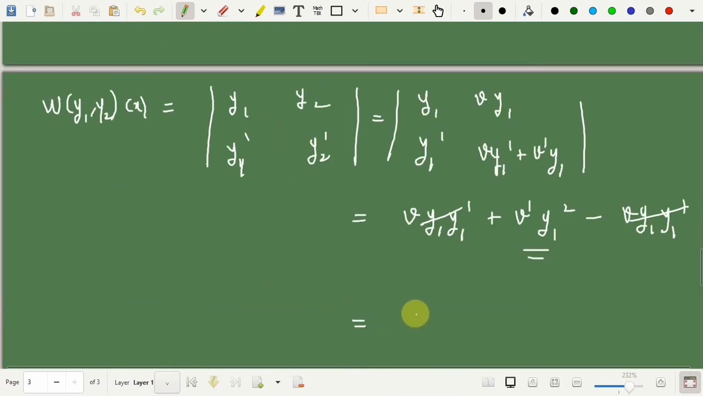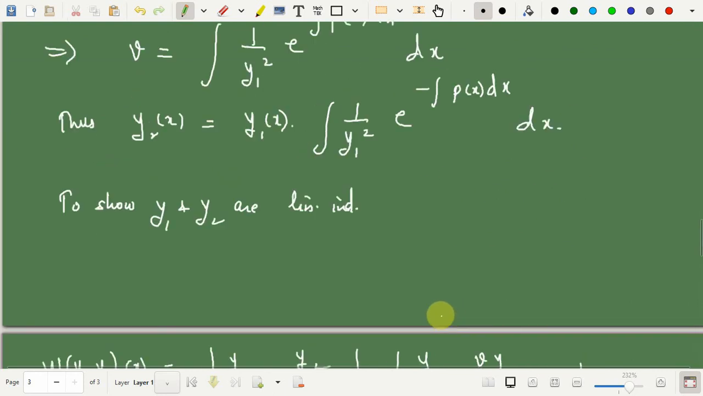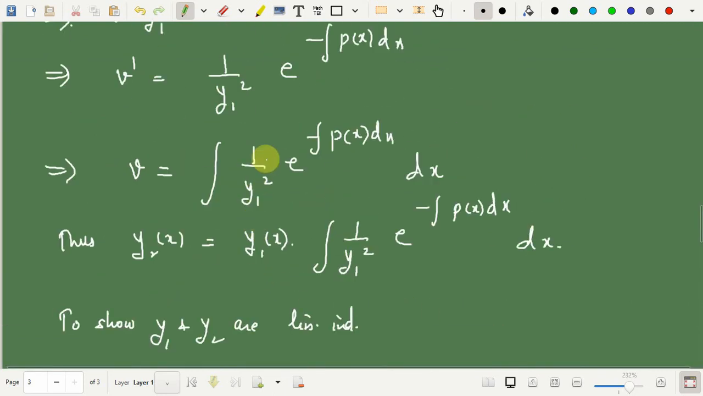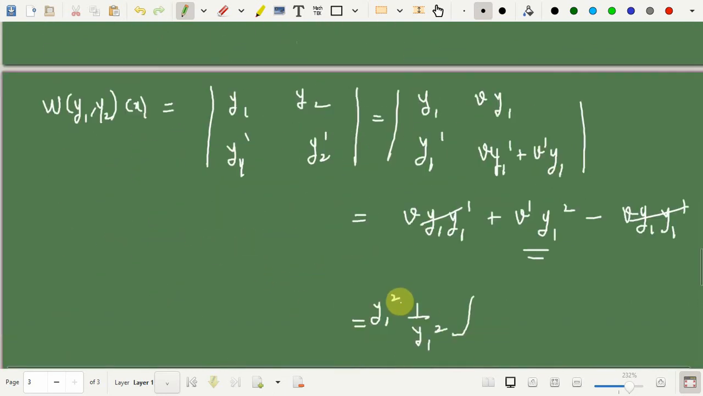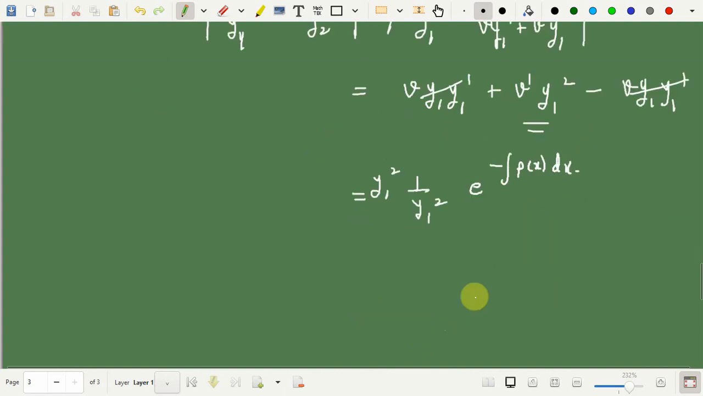So this is the same as 1 by y1 squared. First I'll write y1 over here, y1 squared here, and this v prime is 1 by y1 squared. Here I'm getting e raised to minus integral of p of x dx. So that is the same as e raised to integral of minus p of x dx. And so you get this exactly the same as,